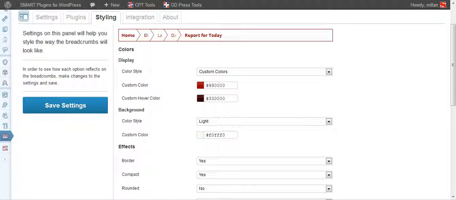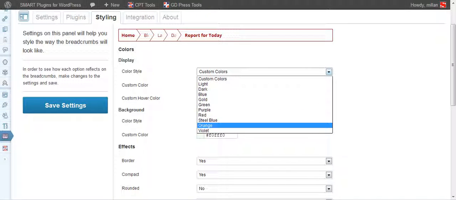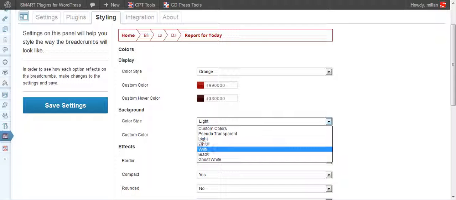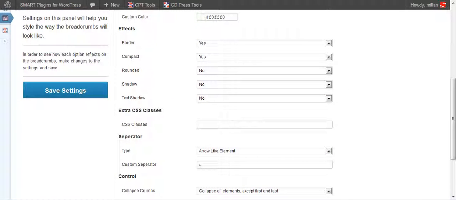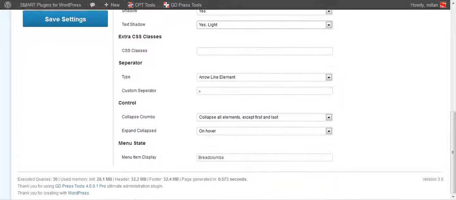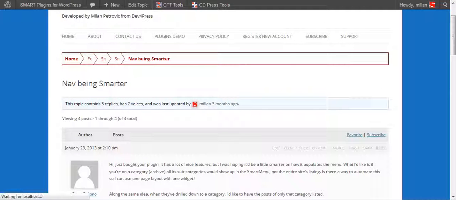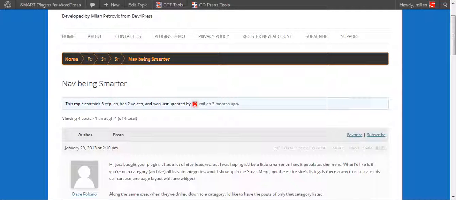As for the coloring, let's switch to some other color. Let's use orange and dark background. Let's use rounded shadow and light text shadow. As you can see, it's very easy to style breadcrumbs as you want them to look.